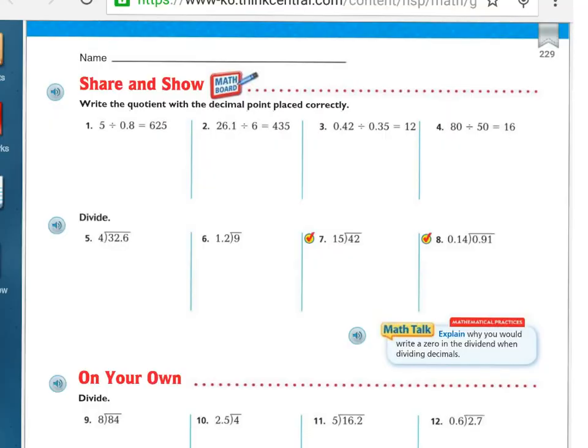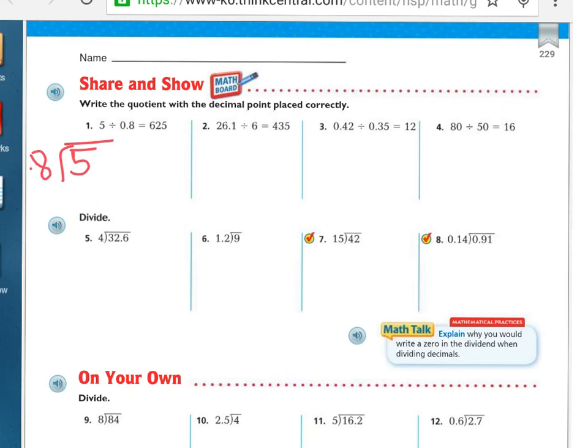So this next part, they've already answered the question for you, right? So we just have to kind of figure out where the decimal is going to go. So that's kind of the tricky part. So it's pretty easy, though, because we have 5 divided by